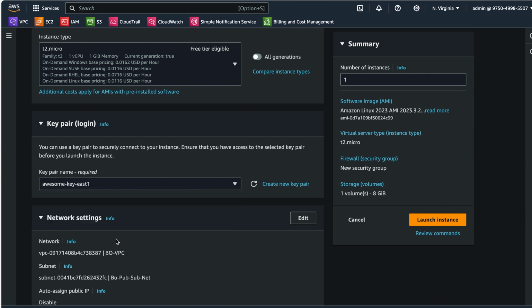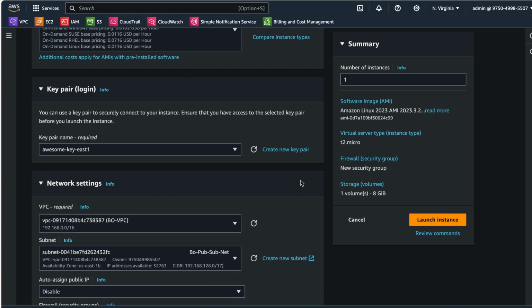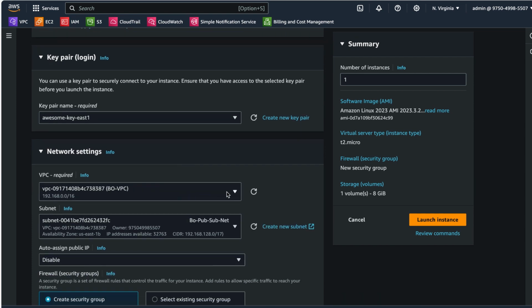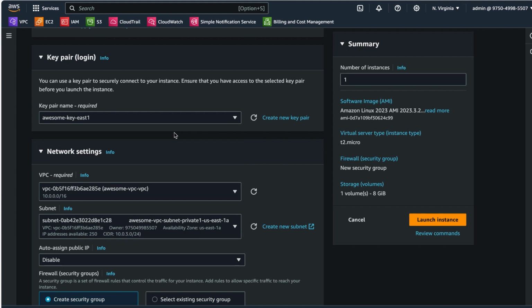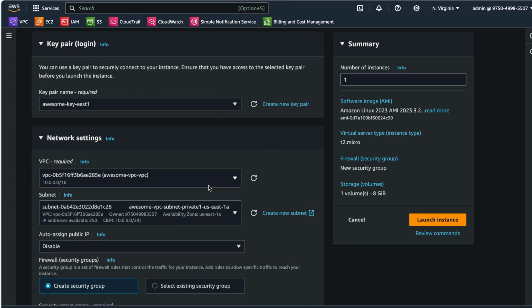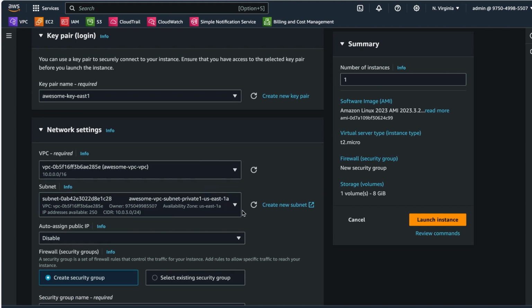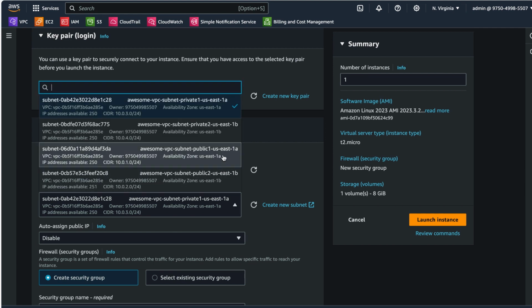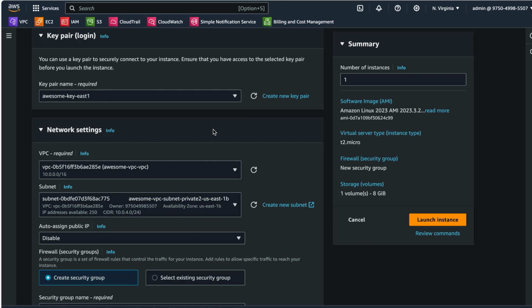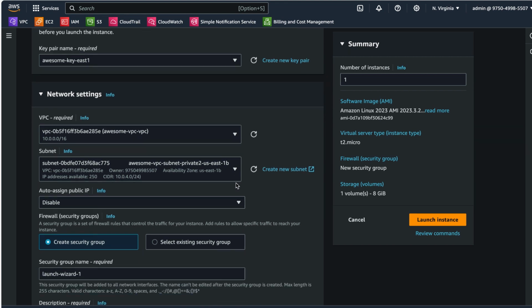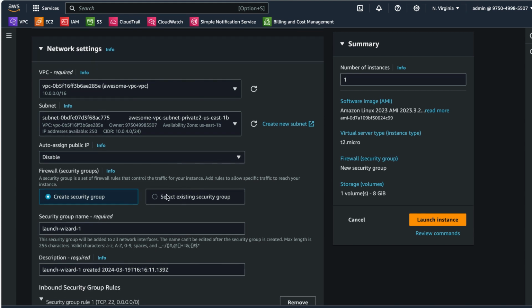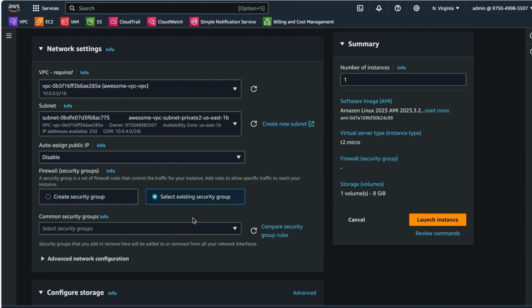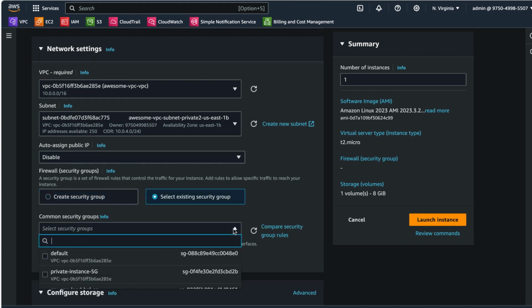I'm selecting awesome, and then I do editing here, and I will take awesome virtual private cloud, and I will go down here to take private subnet 2, then proceed to disable public IP, and then here I will select an existing security group,